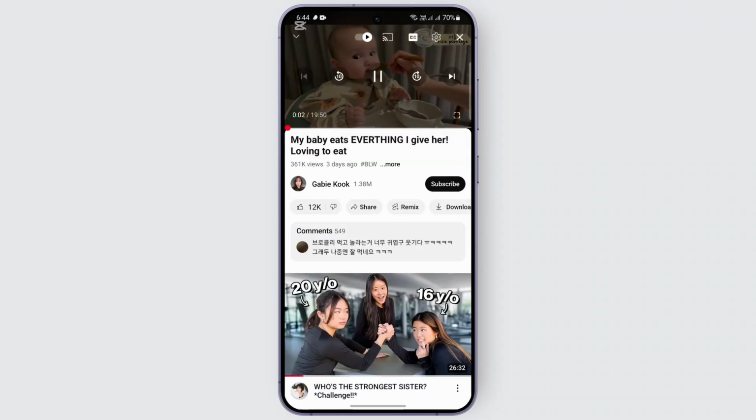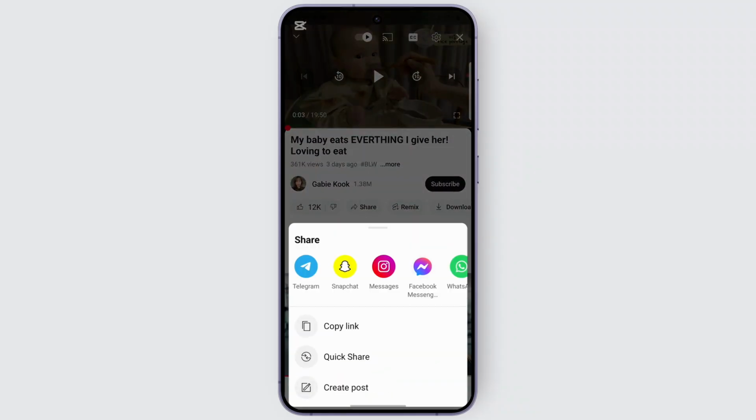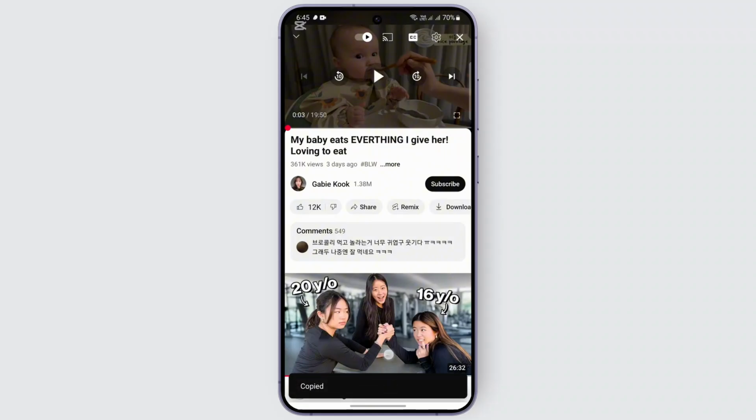Once you have selected the video, all you need to do is find a share option here. You can look for this option, which is right here. After that, copy the link. Once you copy the link, you can just go ahead